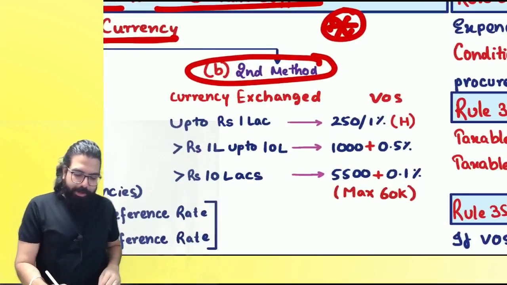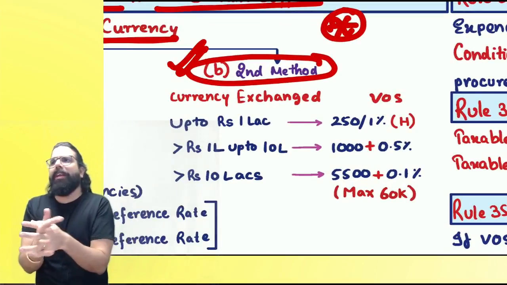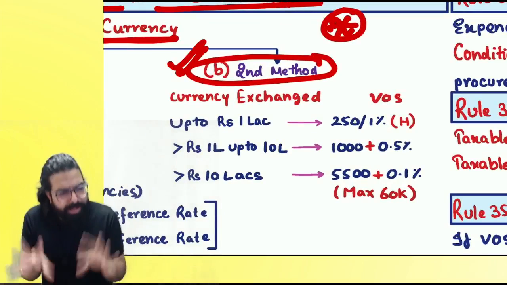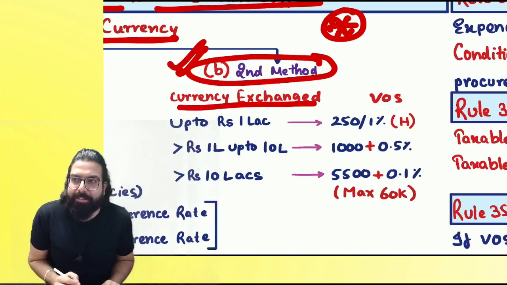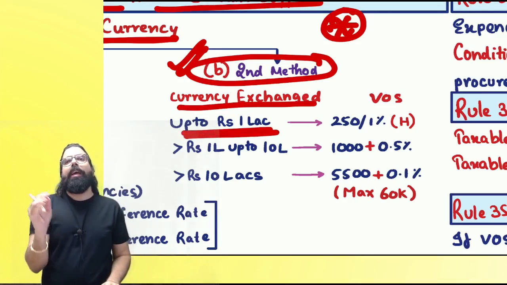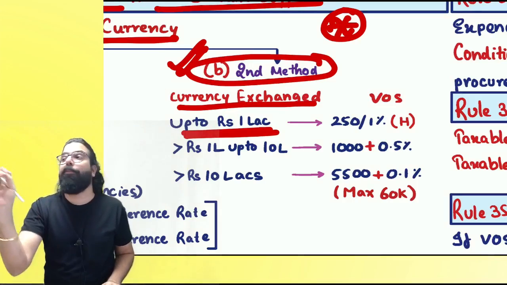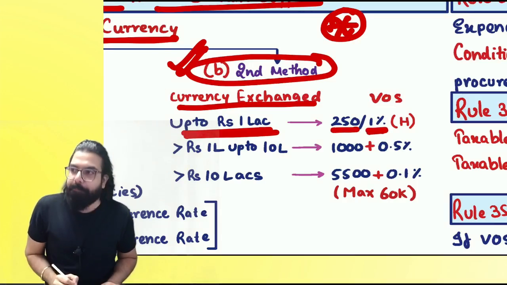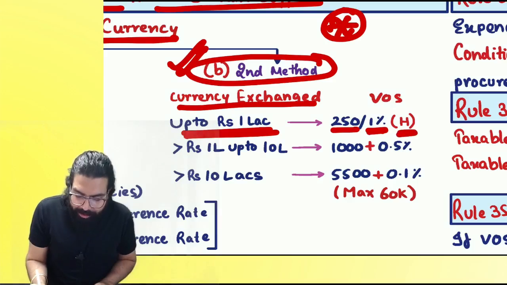Chalo, everyone over here now. The second method which is there is the slab method. Are we clear, everyone? Government is going ahead and telling we will deem that this much is the amount of value of supply. They are telling if the currency exchange is up to 1 lakh rupees, you gave me up to 1 lakh rupees supposingly, and I went ahead and gave you dollar, pound, anything. Sir, if the currency exchange is up to how much, everyone? 1 lakh rupees, then 250 or 1% of that 1 lakh or 80,000, whatever is the amount, whichever is higher.